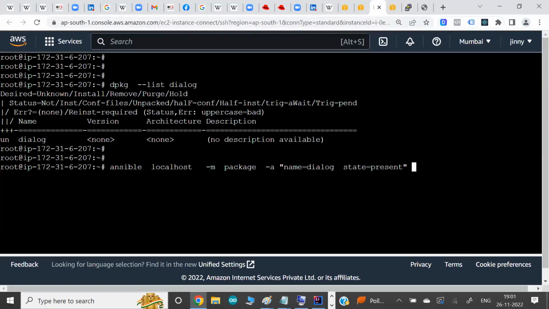So what is the current state? It's called the current state. The current state is that the software is not installed. What you're looking for is called the desired state. You want the software to be installed. So Ansible always changes your current state to your desired state. It means whatever you declare, they will do for you.